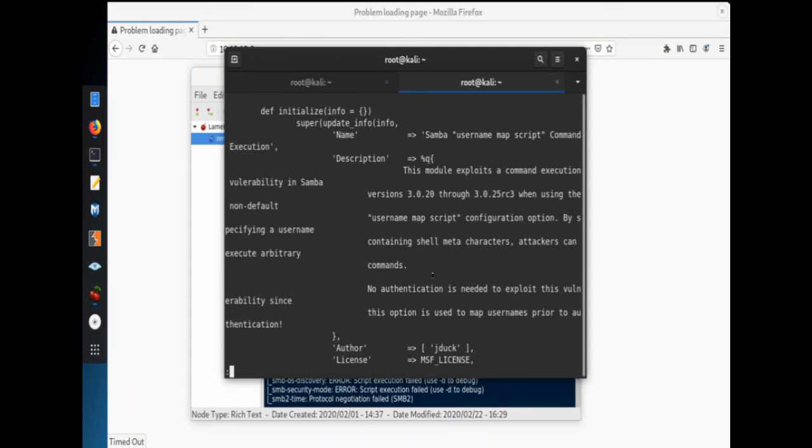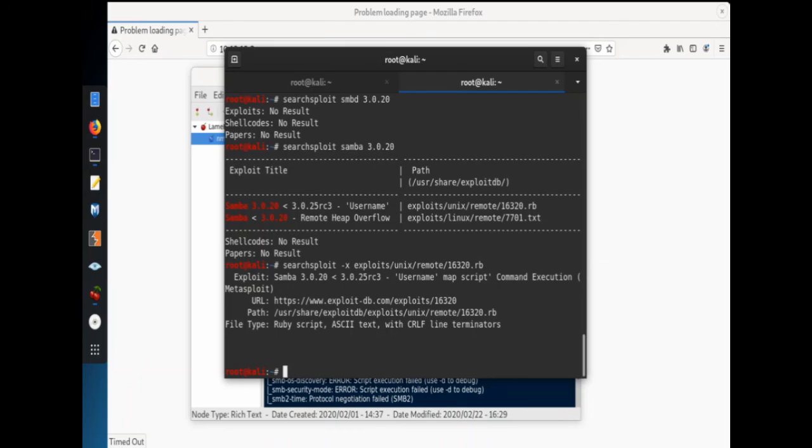By specifying a username containing shell meta characters, attackers can execute arbitrary commands. So it looks like this is basically injecting code into a login screen. So let's